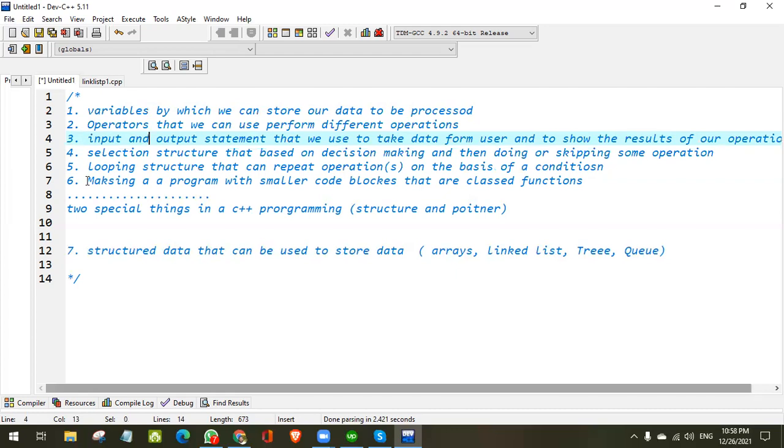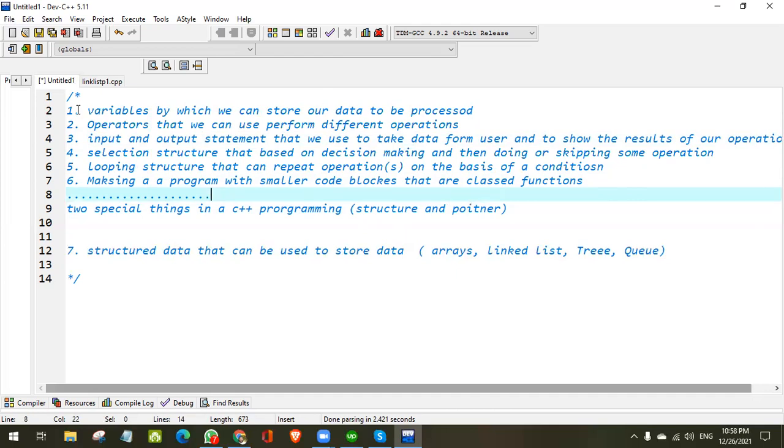Then strategies come. There is a strategy that you must write a program in the form of functions. Then you need to learn this sixth thing. Then there come some language-specific features. Like C++ provides us a better way to handle data, that is the structure way. C++ also gives us a better way to handle and operate on the locations of the memory, that is pointers. These are some special utilities that will be provided by any particular language.